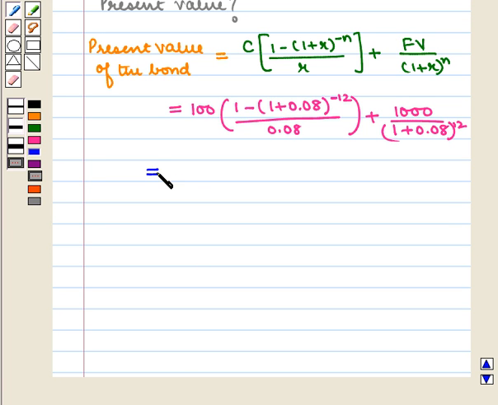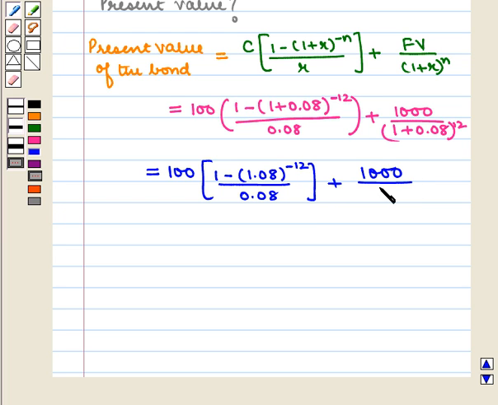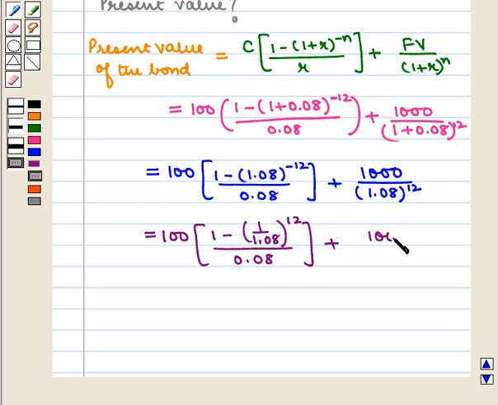This is equal to 100 into 1 minus 1.08 raised to power minus 12 upon 0.08 plus 1000 upon 1.08 raised to power 12. This will be equal to 100 into 1 minus 1 upon 1.08 the whole raised to power 12 upon 0.08 plus 1000 upon